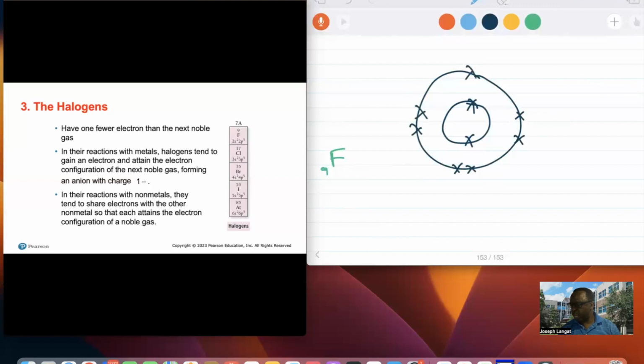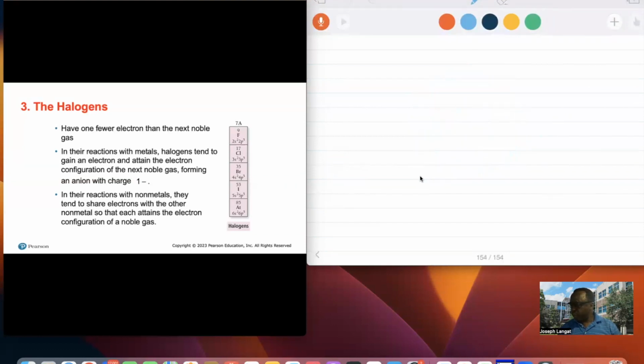So we count 9: 1, 2, 3, 4, 5, 6, 7, 8, 9. So we have 9 electrons. To be like group 8, this will gain 1 electron. So if I have fluorine, not iron, but fluorine, plus gaining 1 electron will be fluoride with a negative, and